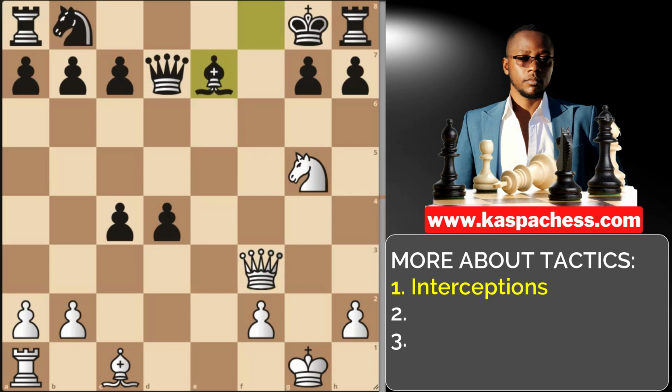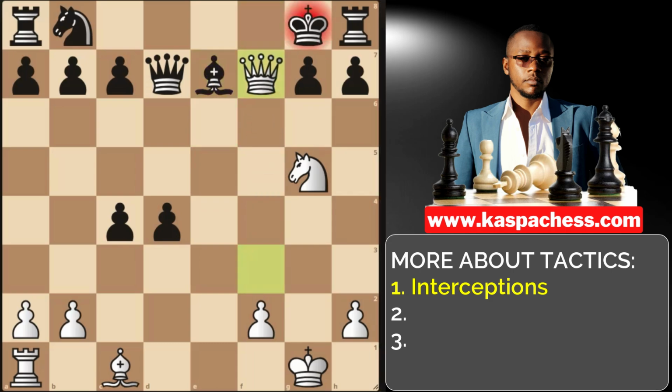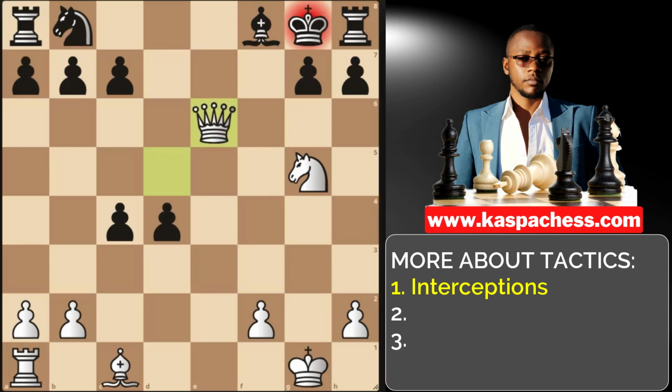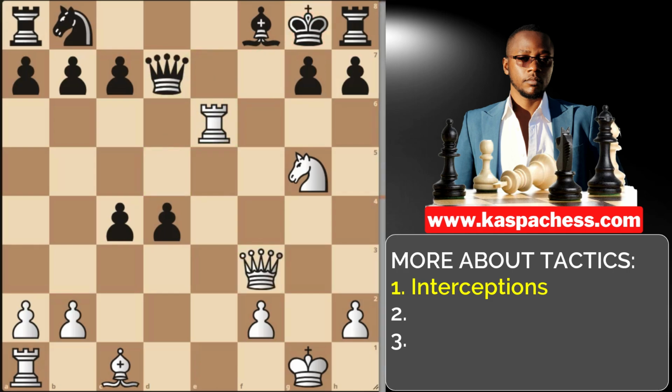For example, if black takes with a bishop, now Queen F7 checkmate becomes a possibility. What if black takes with the queen, for example? Well, we can't go Queen F7 check, but we have Queen D5 check, and on the next move, we are going to mate either on E6 or on F7. Bingo! So that's one example of the interference concept,